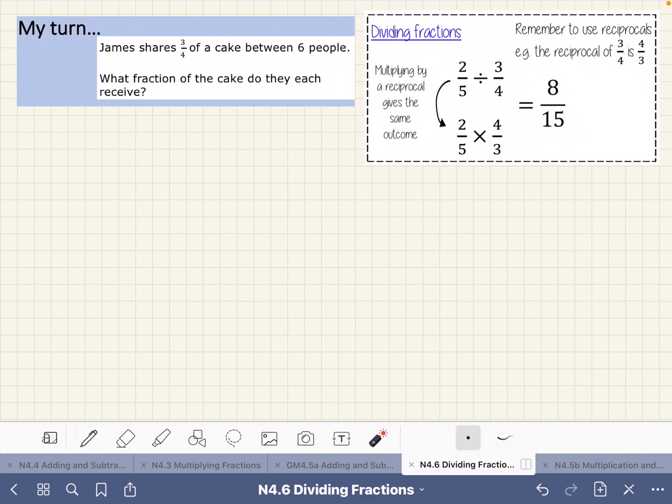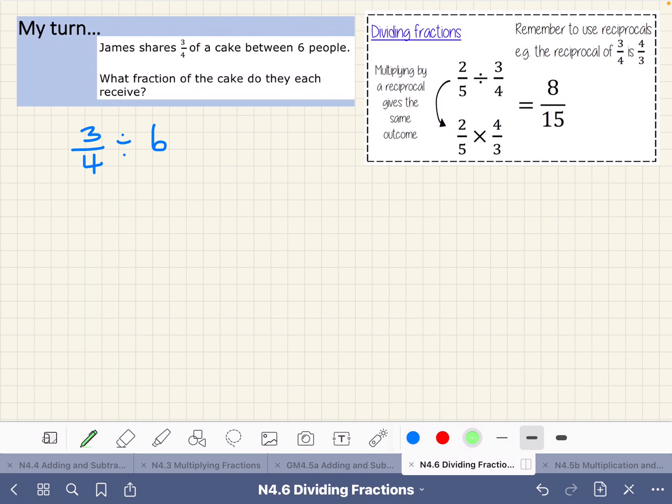We have a question here that says, James shares 3/4 of a cake between 6 people. What fraction of the cake do they each receive? Writing this out as a calculation, we have 3/4 and James is sharing it between 6 people. The word share should make you think of the division symbol, which means we are left with a fraction being